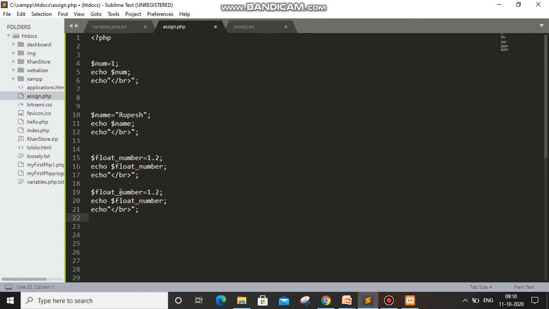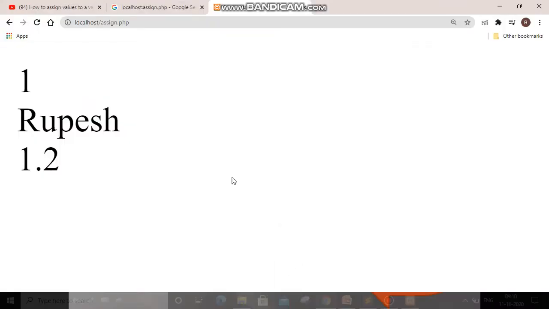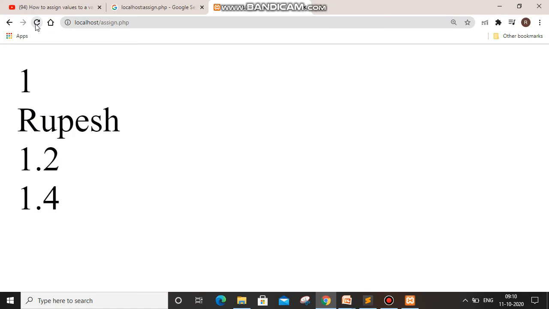In the case of a number, we can use camel case. It will look good. For writing a first name, you can use this. First number means first name, the value will be stored, and here 1.4 should be printed. We will see whether it works or not. So we will go to our browser and refresh one more time. See, 1.4 is printed.